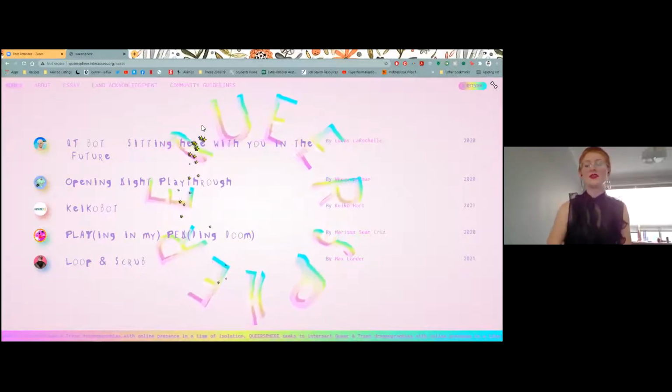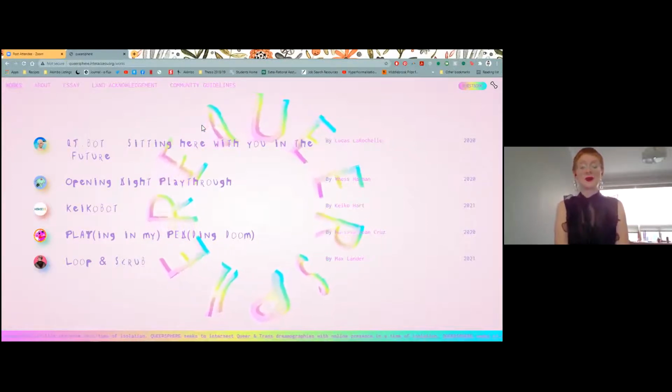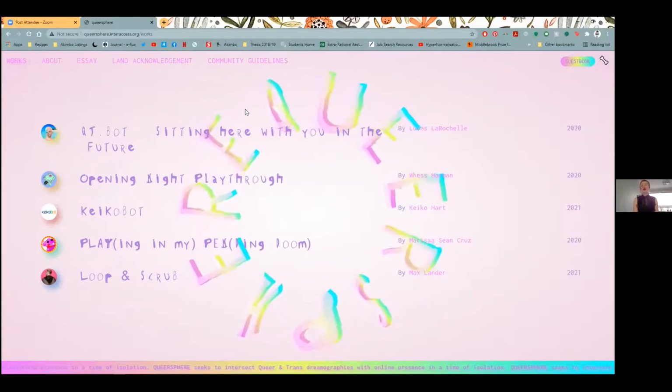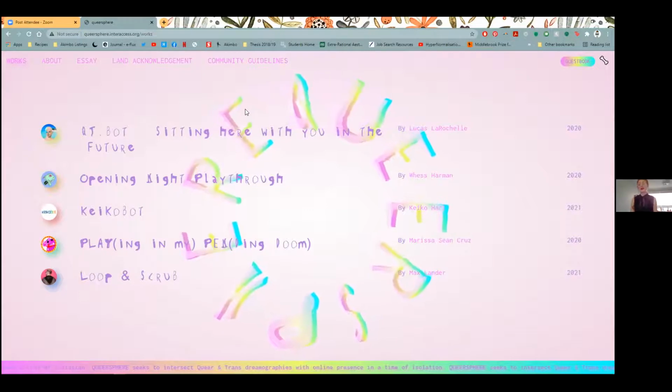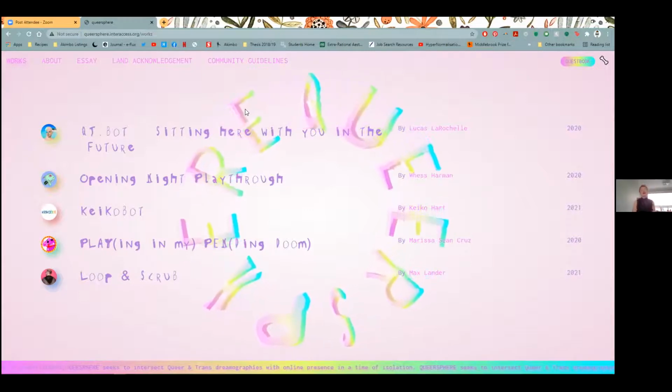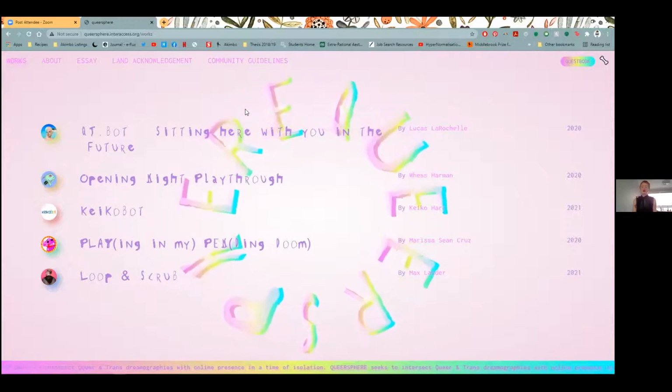So I'd like to talk a little bit about our web developers' work, because without them, this exhibition really wouldn't have come to fruition in the way that it has. And that's Shani's contributions from Mouth of Tiger. The rotating logo that you see in the background is taken from a queer print house called Gender Fail.